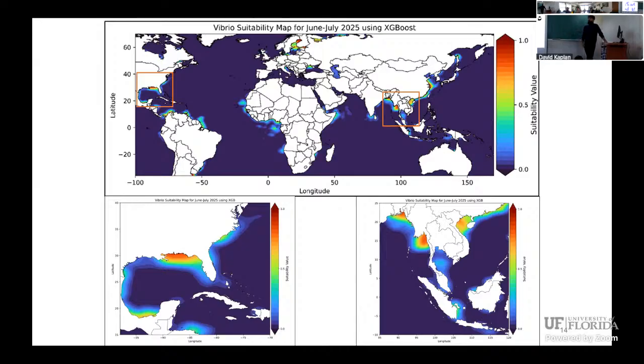The other figure is of Bangladesh. Why was I expecting this one? Because Bangladesh has always been linked with Vibrio, and it has been an epidemic. It has been a hotspot for Vibrio cholera cases. There are multiple Vibrio cholera outbreaks going on in the region of Bangladesh because of the delta, the Ganga-Brahmaputra delta that's connecting to the ocean.